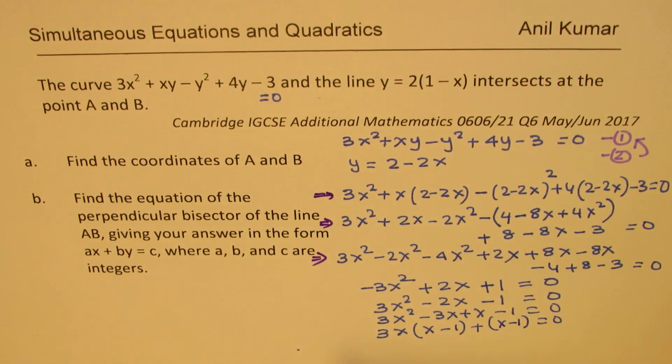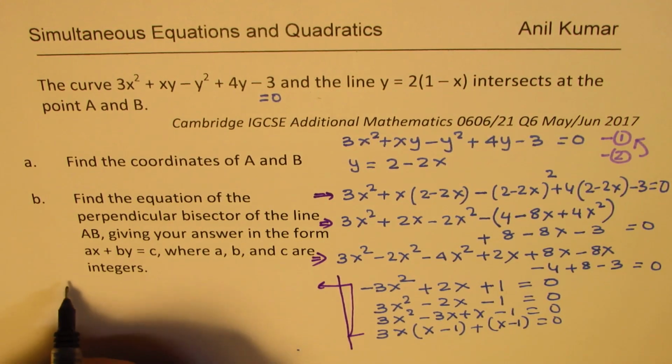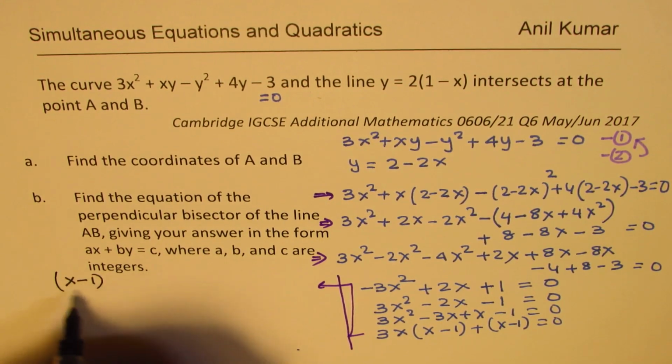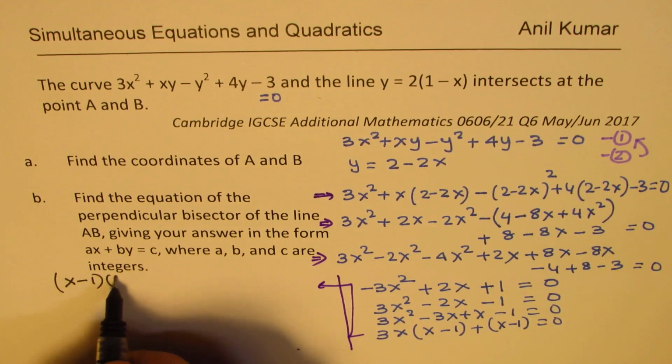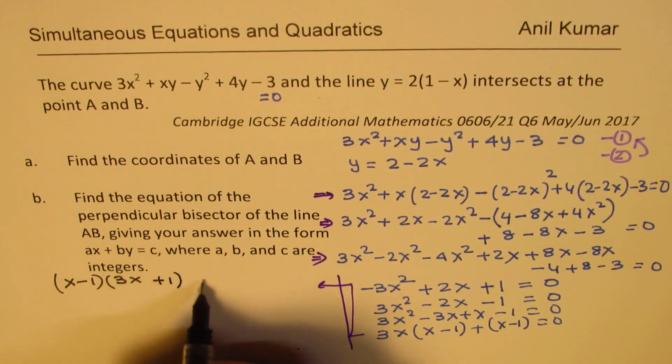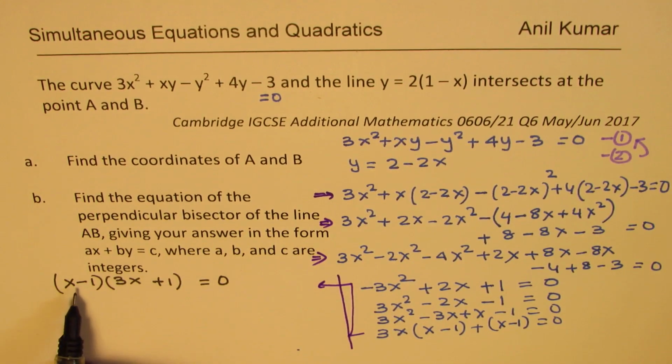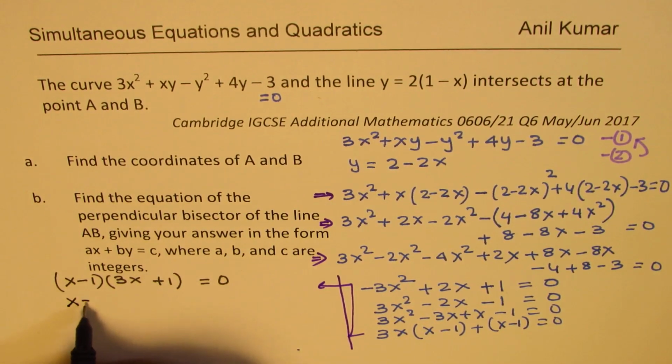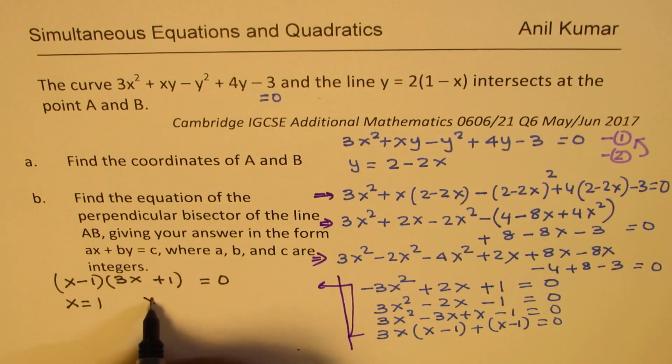Okay, so let me write this on the left side now. So I'm taking this on this side. So what do I get here? We get x minus 1 is common. So I'm changing the ink now and writing this as 3x plus 1 equals 0. So this gives you two values of x: x equals 1, and this gives you x equals minus 1